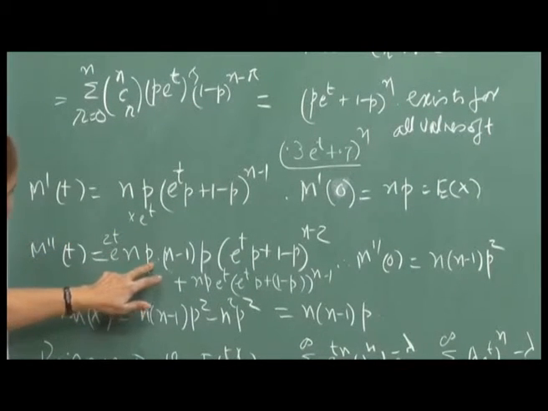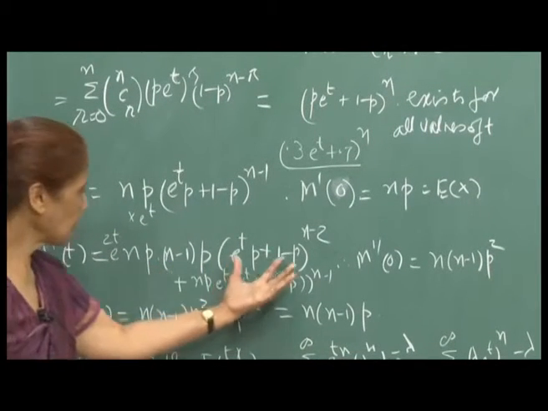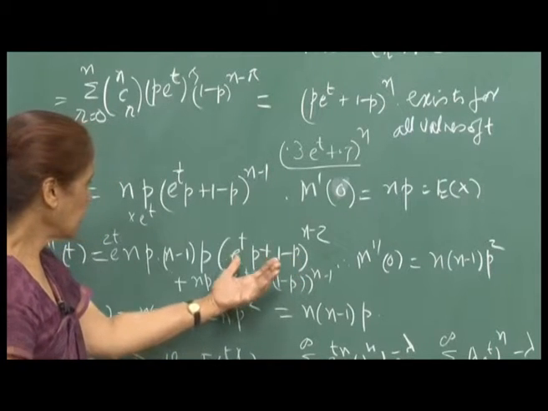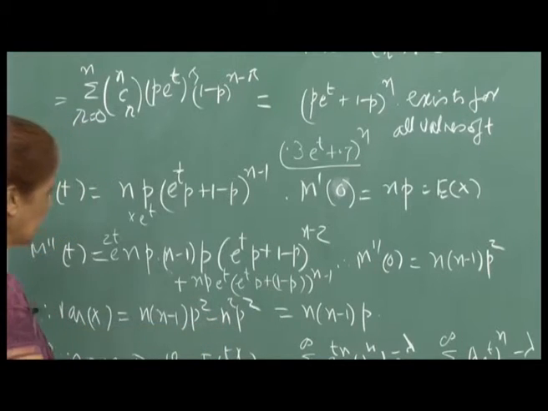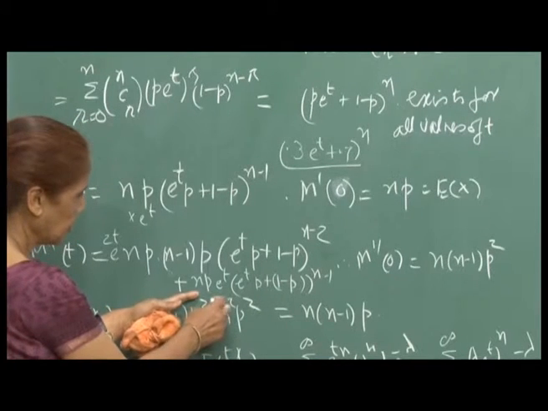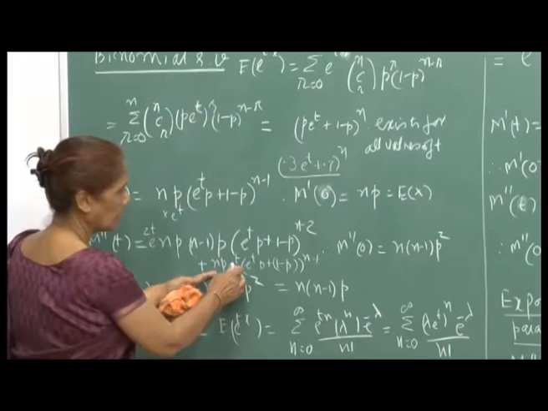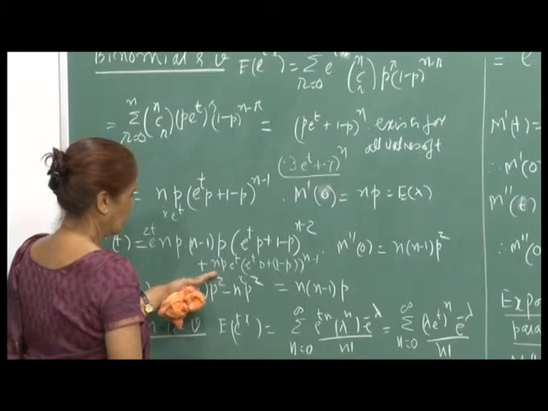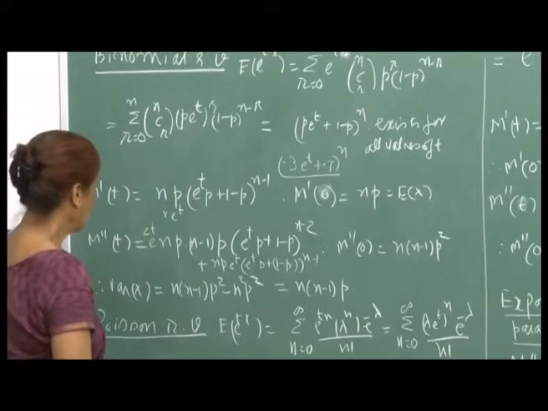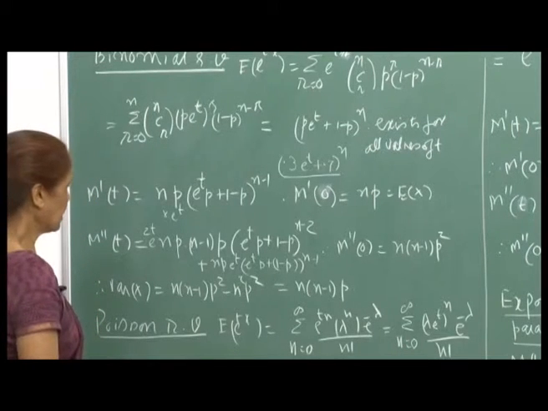So, you are left with n p and minus 1 p. This also is equal to e raised to t is 1. So, this is 1, 1 raised to n minus 2 is 1. Then here also the contribution would be n p. So, is it so? n p e raised to t. So, the second moment I am getting as